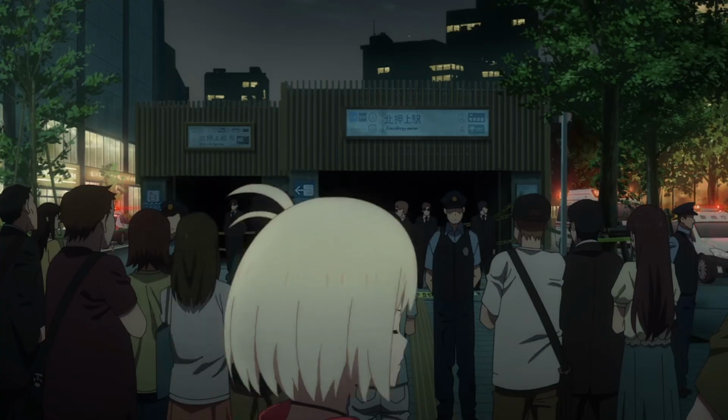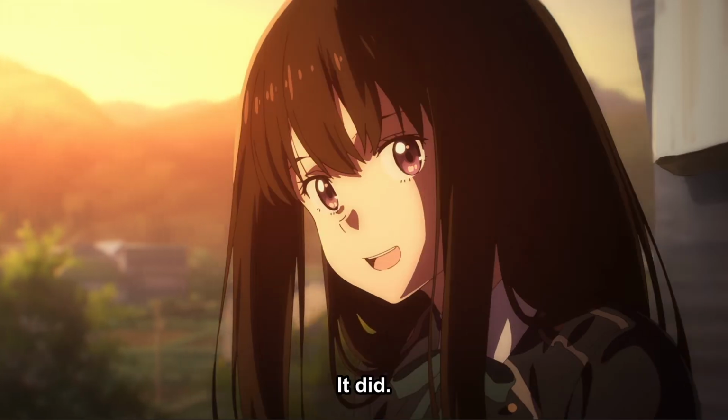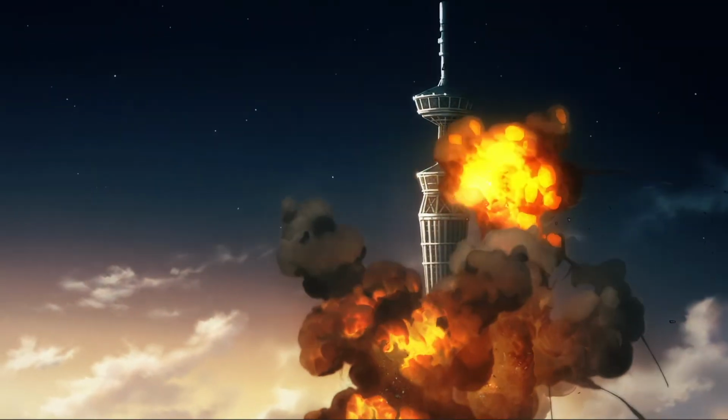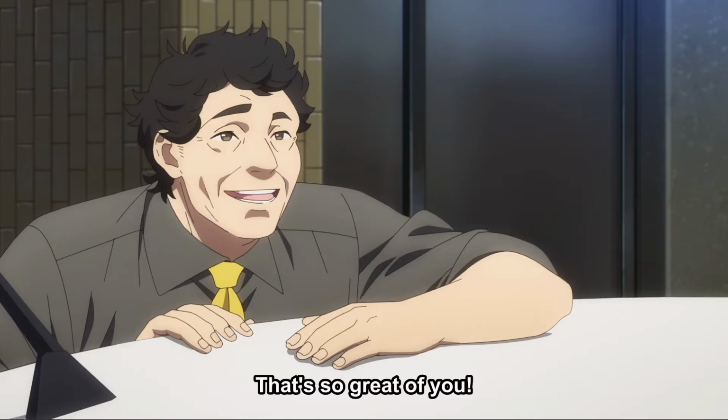The fact that the show was putting all these heavy matters into the backdrop and focusing more on the interactions between Chisato and Takina really reminds you of the world that they were living in, despite the cute and bubbly interactions the two were having. And to add salt to the wound,